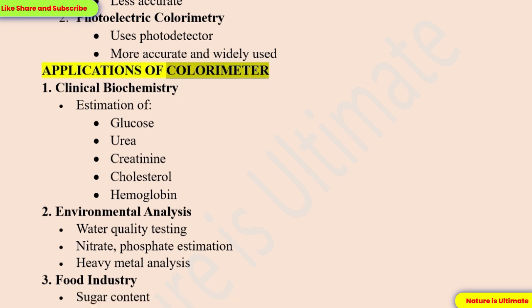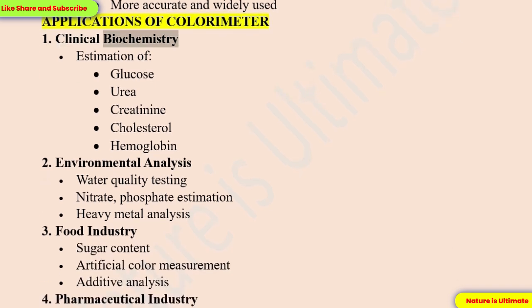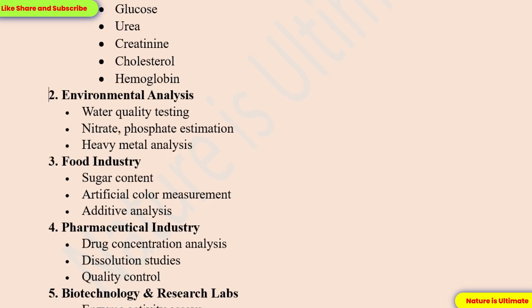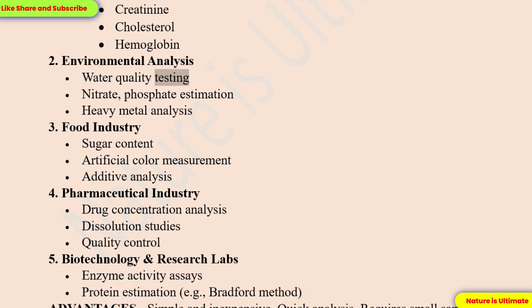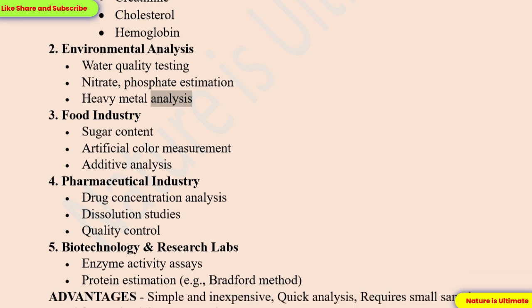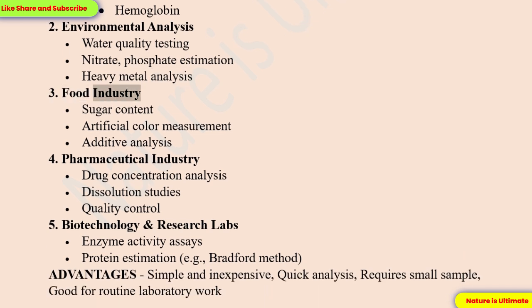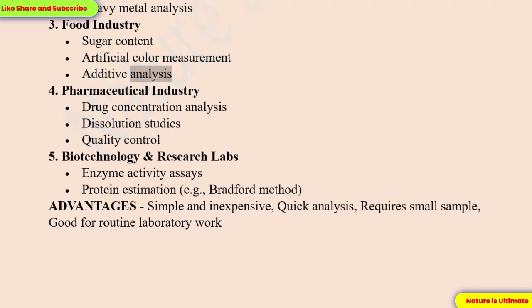Applications of colorimeter. 1. Clinical biochemistry: estimation of glucose, urea, creatinine, cholesterol, hemoglobin. 2. Environmental analysis: water quality testing, nitrate, phosphate estimation, heavy metal analysis. 3. Food industry: sugar content, artificial color measurement, additive analysis. 4. Pharmaceutical industry: drug concentration analysis,